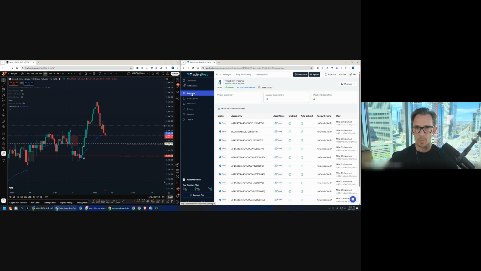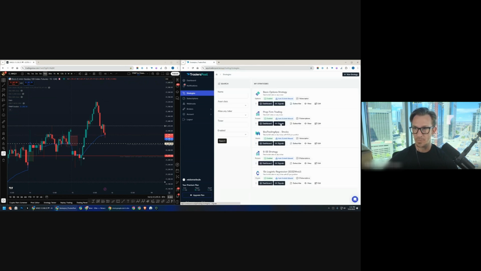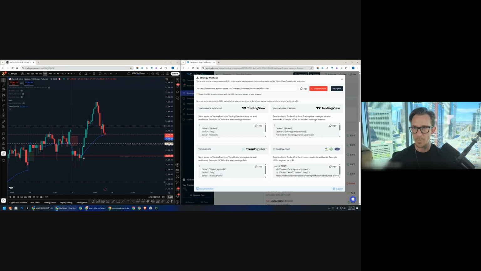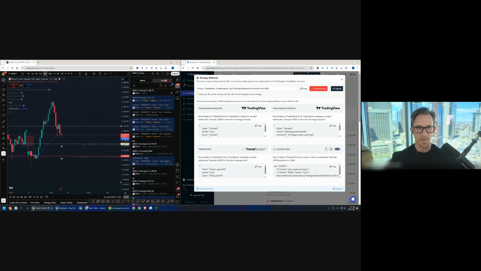And what happens is when I go to the strategy, I'm going to copy the webhook URL. This URL is basically where I'm going to connect an alert on TradingView to execute the messages that I have defined. And it's those JSON messages that are a little complicated at first, but we have, if you just go to